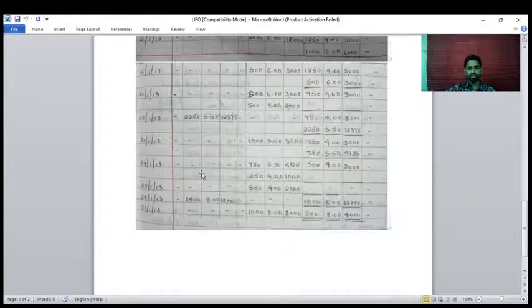Okay, so now see here, issued 23rd January, issued 1500. So this 1500 we have to take from this last lot. Okay, so take it 1500 at the rate of 5.50, the total amount will be 8250. Okay, so after this issue we have to maintain the balance. Okay, so from this 2250 we have taken 1500, the remaining is what, 750, at the rate of 5.50 its amount is 4125.